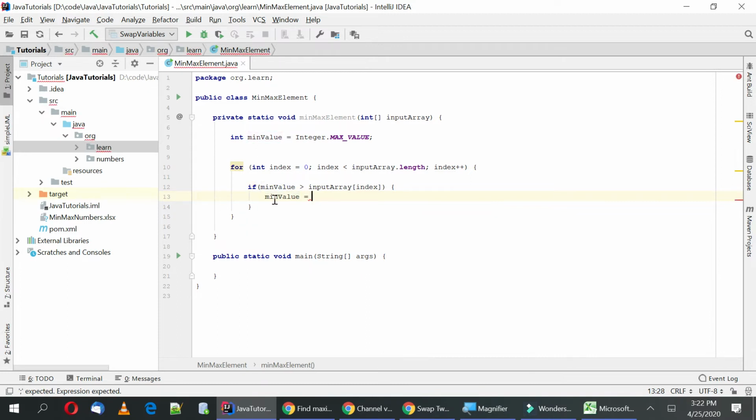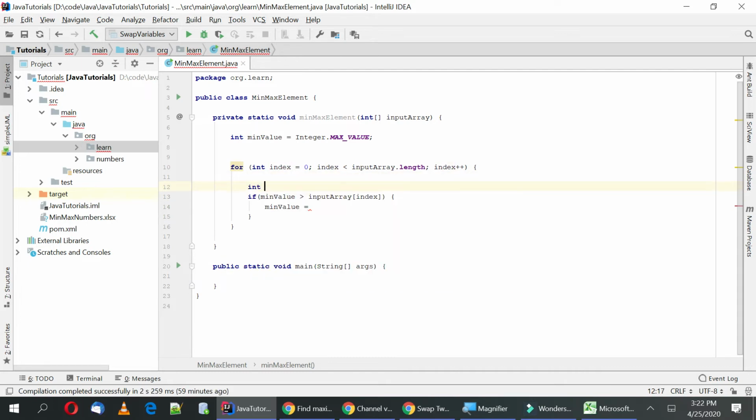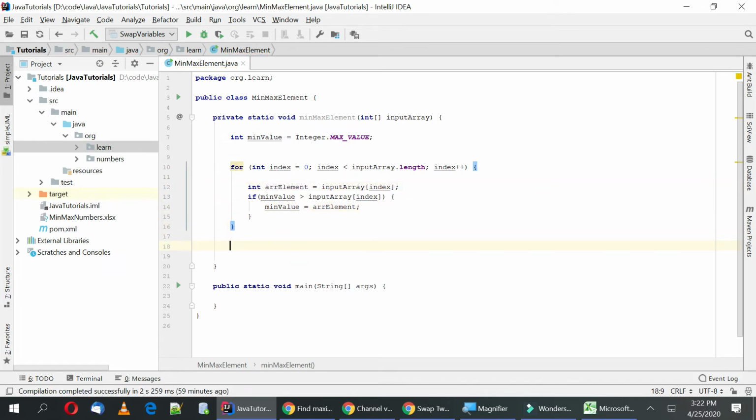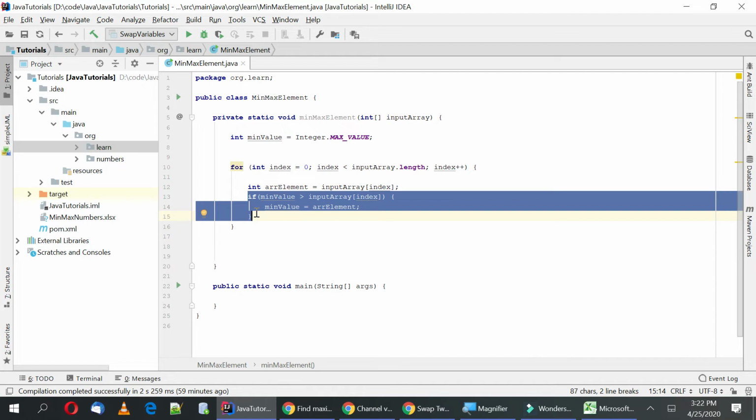So instead of taking it again, let's define it as arrayElement. Okay, and let's update this value to arrayElement. Okay, so that's it. This statement is good enough to find out what is the minimum value in this array.